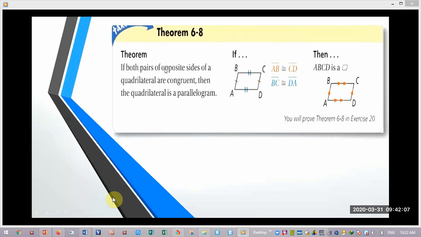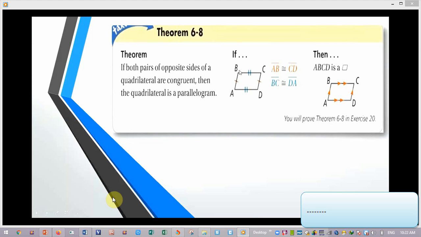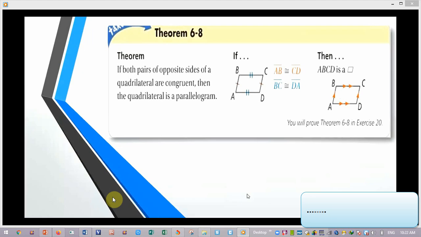if both pairs of opposite sides of a quadrilateral are congruent, BC equals AD and AB equals DC, and if this condition is satisfied, then this shape is a parallelogram. Number 2,